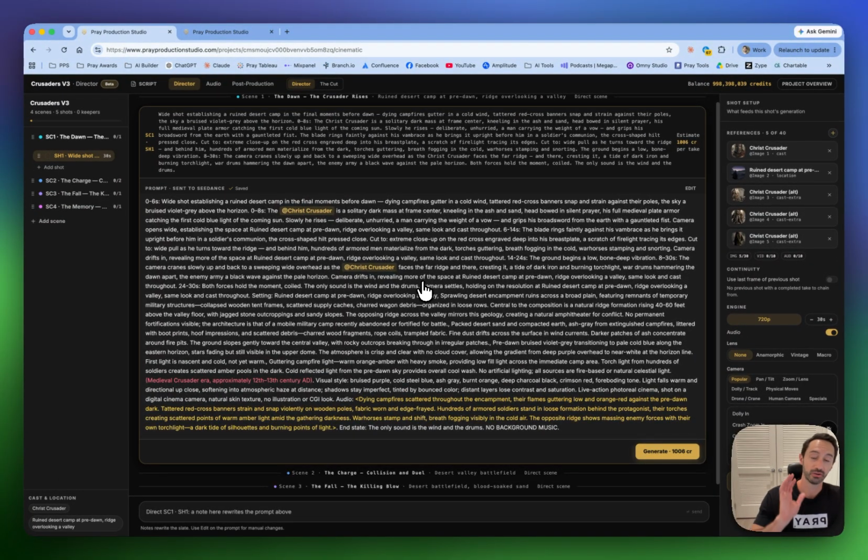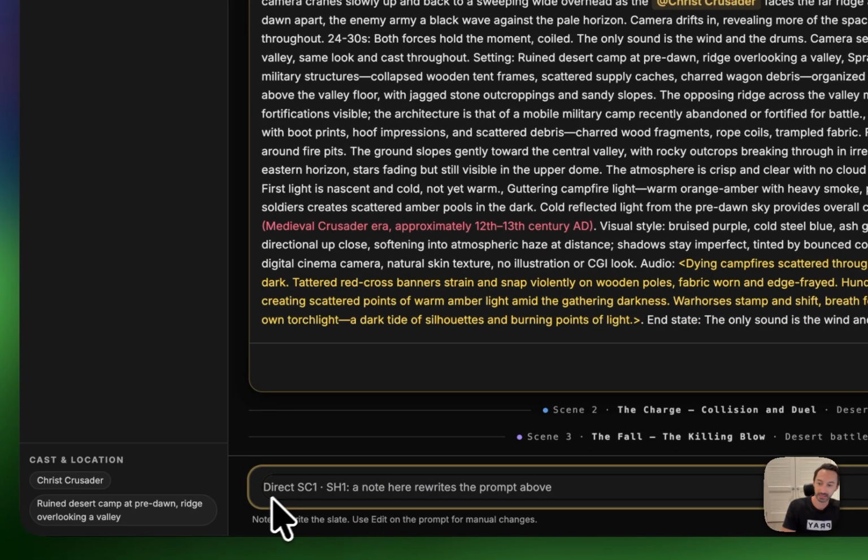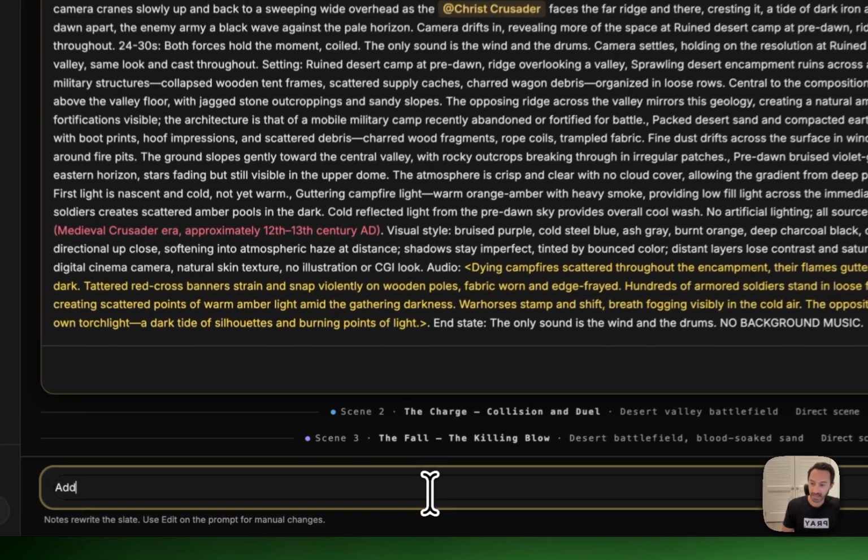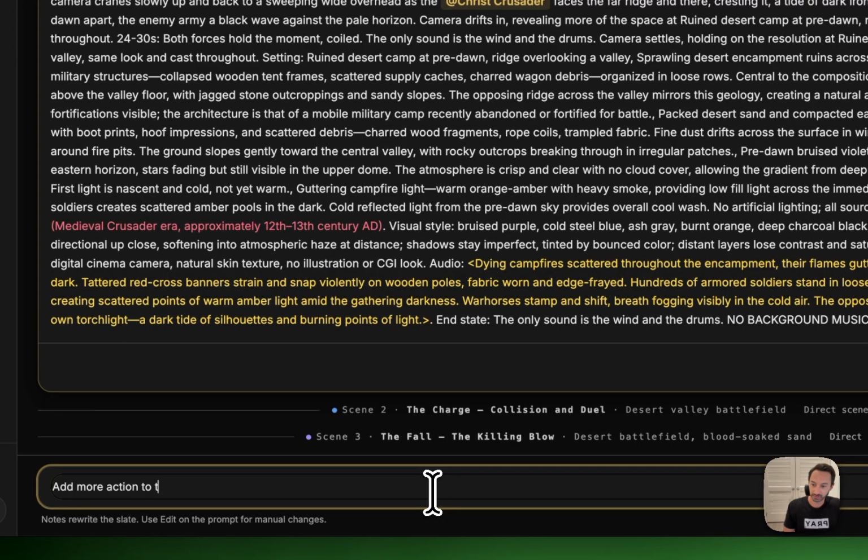But the nicer thing about this director mode is you can literally direct this prompt. So imagine that you're a director, and down here you can see direct scene 1, shot 1. Any note here will rewrite this prompt above. So maybe you're looking at this and you're like, you know what? I want to make an action film and there's no action in this scene. Add more action to this shot and start the shot off